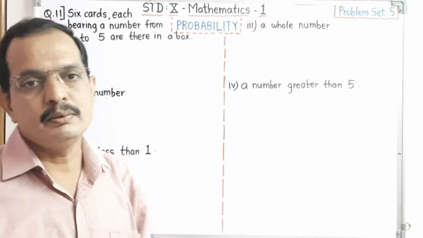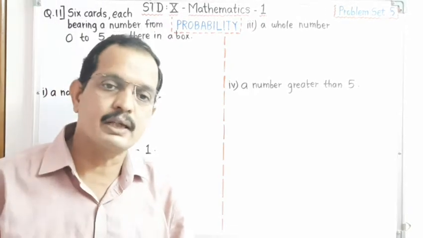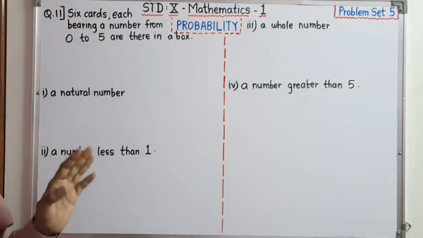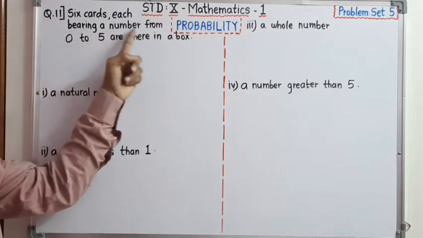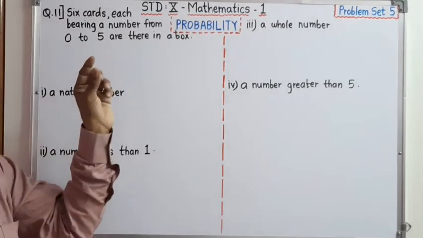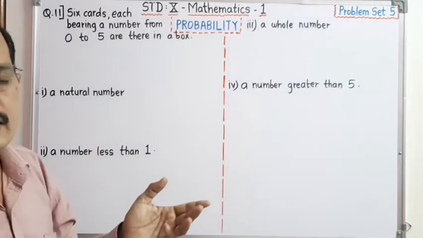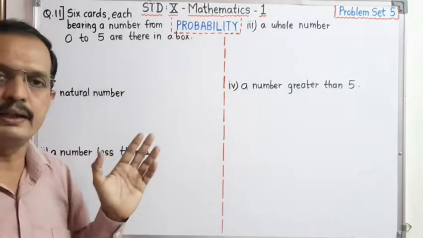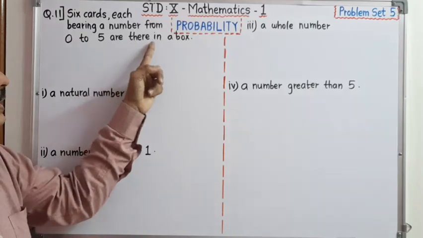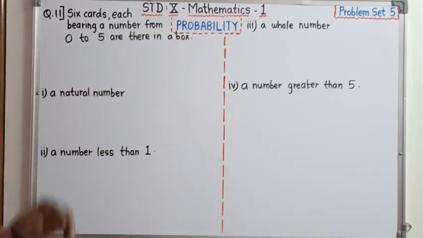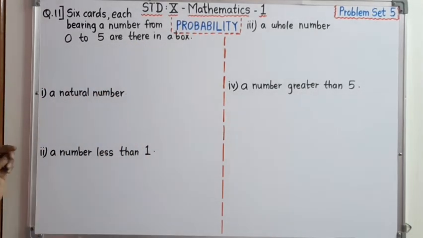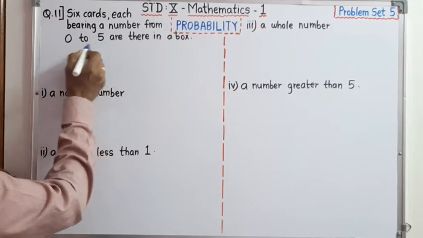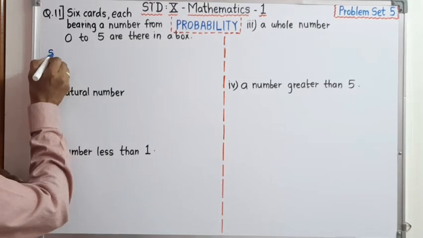Dear student, first of all we have to understand what the random experiment is. There are total 6 cards, each bearing a number from 0 to 5. That means on one card there is a 0, on the second card there is a 1, next 2, 3, 4, 5, like that. And they are in a box. This is the random experiment. For that random experiment, we have to write